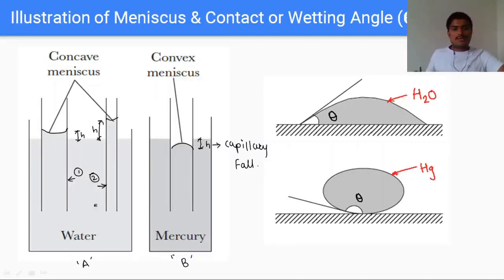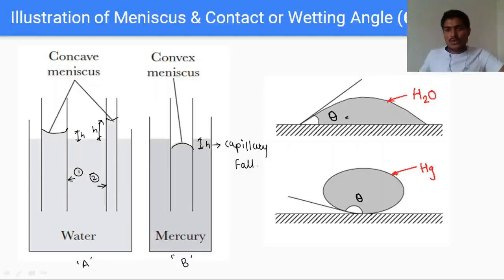So this is the important discussion about when the fluid is water and when the fluid is mercury. And what is the conclusion of the discussion? Conclusion is, in terms of water, adhesion force predominates over the cohesion. Predominates means more than. So adhesion is more than the cohesion. And for mercury, the cohesion is more than adhesion. So therefore, these concave and convex shapes are different. Here is a capillary rise and here is capillary fall.